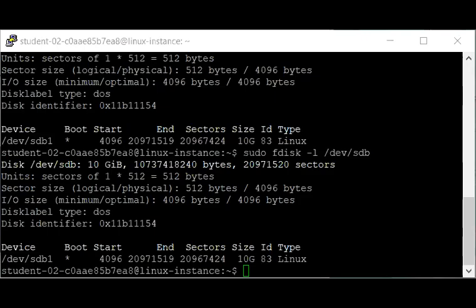So coming to the next point, that is mount and unmount. Mounting and unmounting mean making devices available or unavailable on a Linux file system, and also on your Windows or your Android OS. There is an option like mount and unmount for your SD card in your mobile phone.